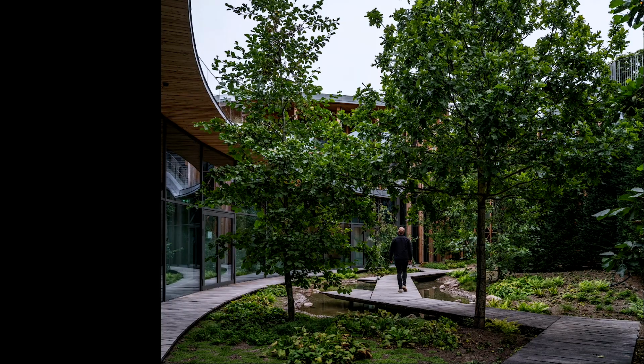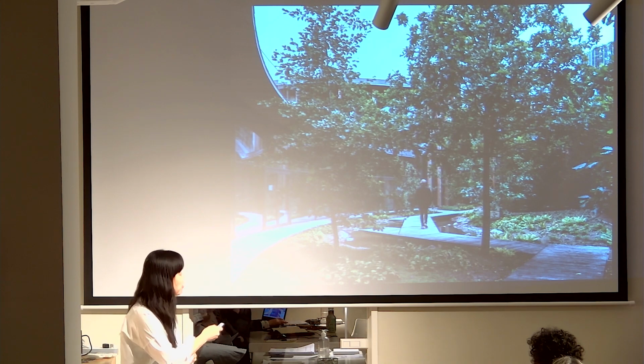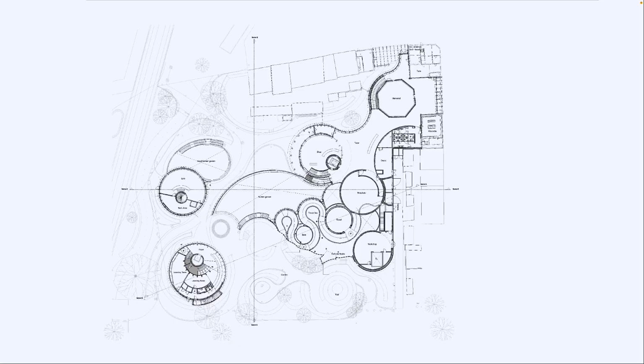So this is an experience that one can have walking through these sacred gardens. We hope that this will grow far more densely in the next few decades, so that it becomes a really rich background of an experience below. And here is the ground floor